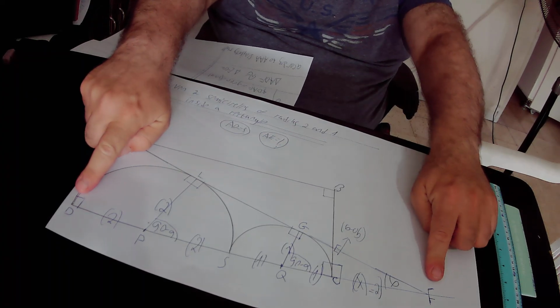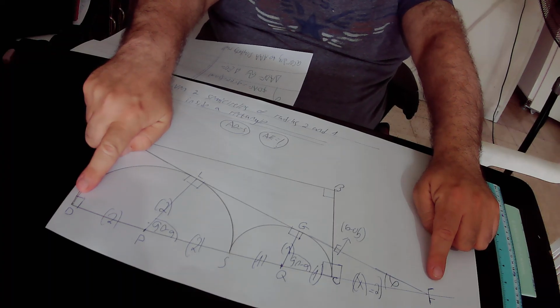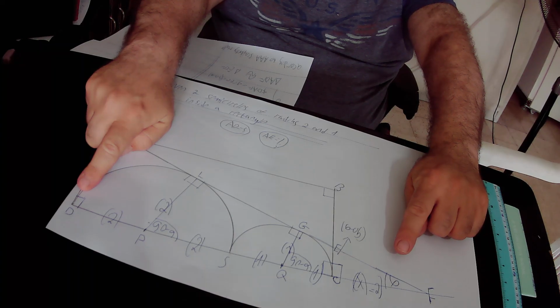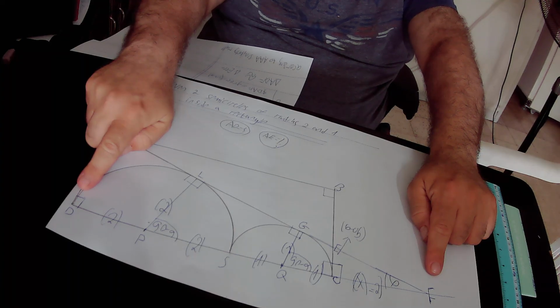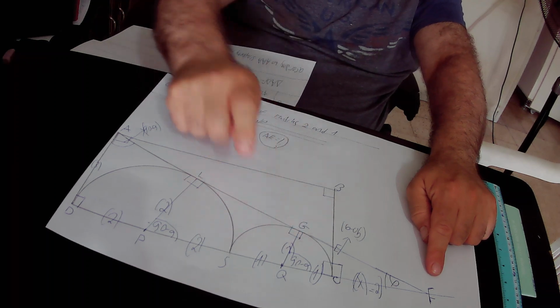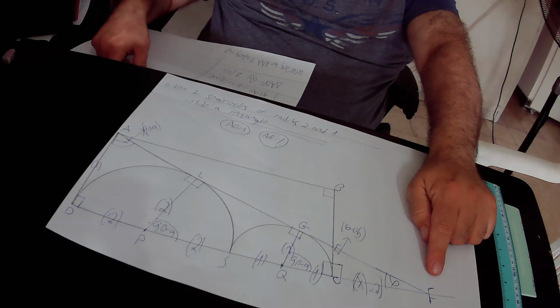What is the length of DF? DF in total will be equal to 2 plus 2, that is 4, plus 1 plus 1, so in total it is 6, plus 2, 6 plus 2 is 8. So in total DF equals 8 units in its length. Again, DF equals 2 plus 2 plus 2 plus 1 plus 1, in total is 8. So DF equals 8